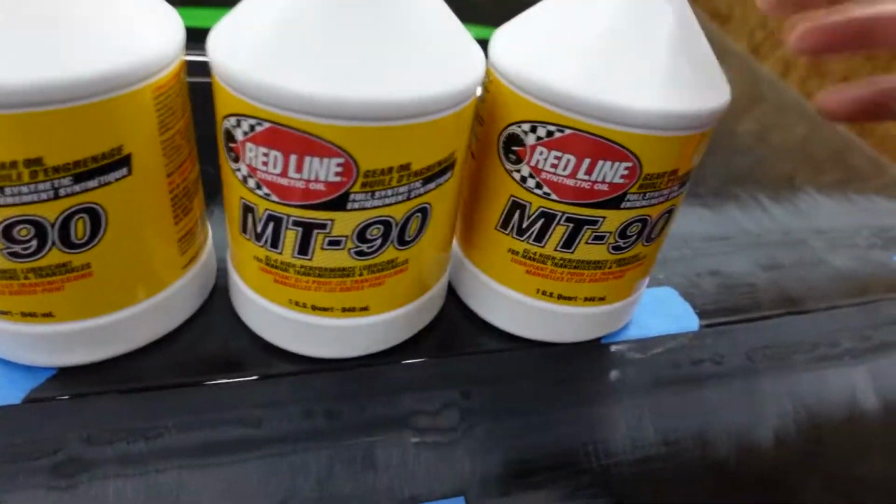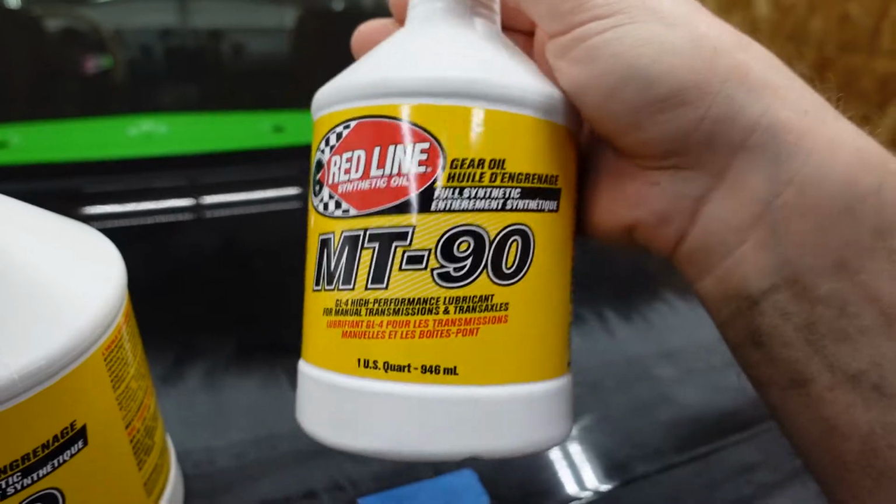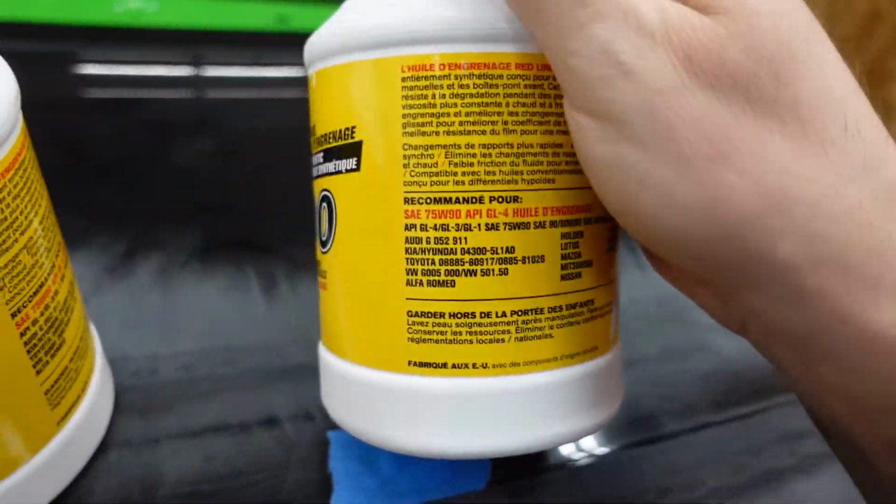What's up? My name is Kamal, and today I'm going to be changing the transmission fluid on my 2004 Nissan 350Z. The fluid I'm using is Redline. It says MT90 on the bottle,